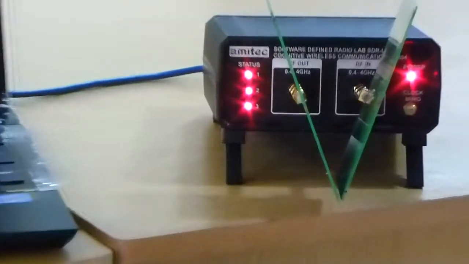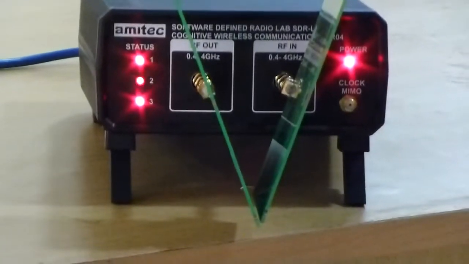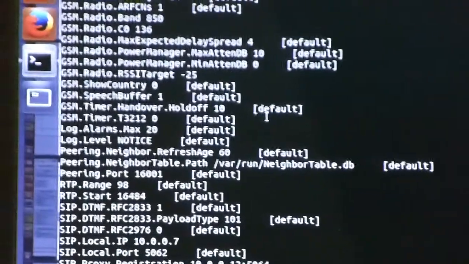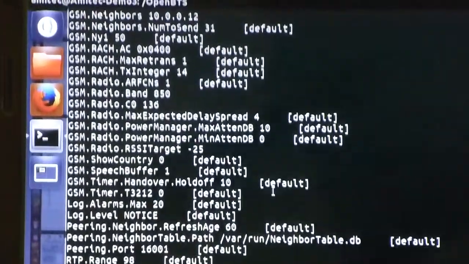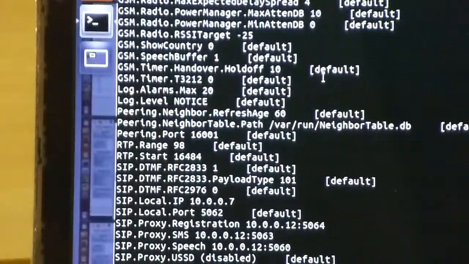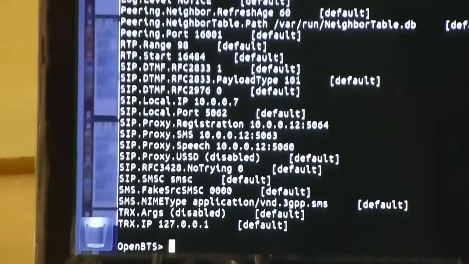All the parameters of an actual GSM base station system, such as ARFCN, GSM mode, which will be working in GSM 900 mode, GSM 850 mode, or GSM 1800 mode, or other parameters such as mobile country code, MCC, mobile network code, MNC, location area code, LAC, cell ID. All these parameters can be configured from the software itself, and each of these systems can work with a different MCC, MNC, cell ID, location area code, among various other parameters.